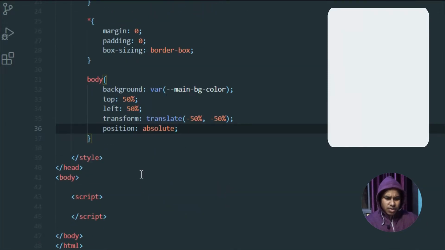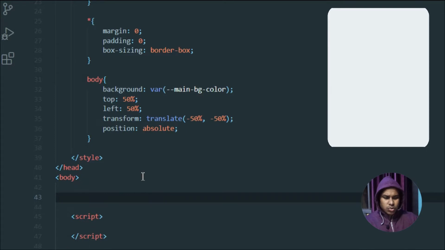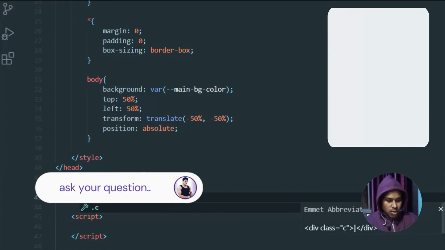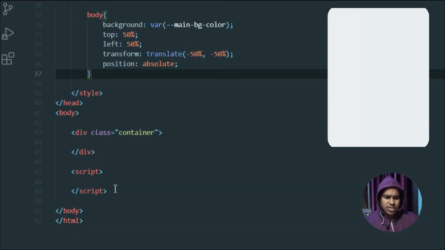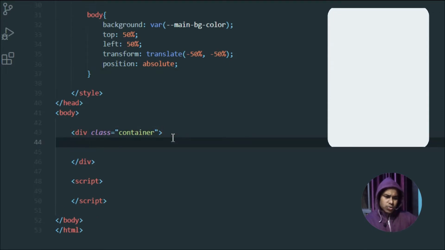Now let's come here in the body and let's write the code. So what I want to do, I want to create a container, and everything I'm going to place inside the container. So inside the container, the very first thing I want to do, I want to take another div. Inside that, I'm going to have all my, like, the count box, the buttons, and the title